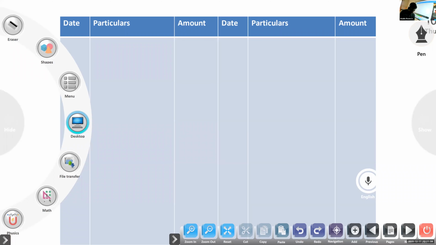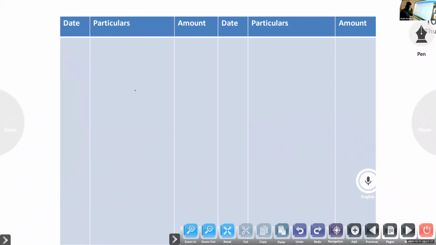So now we have only 3 questions remaining. After that we will start the written down value method. Then it will be over. So we'll start. You only have to prepare the machinery account. Machinery account. Debit, credit.